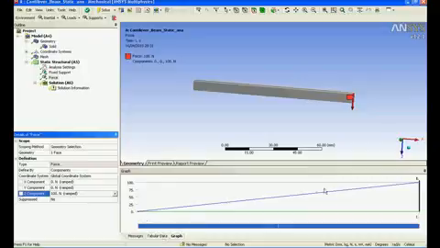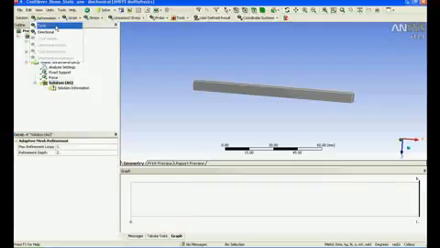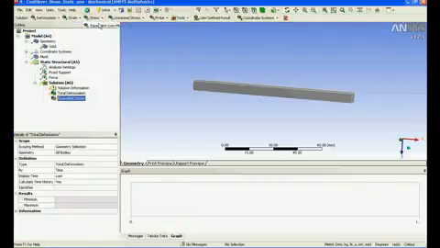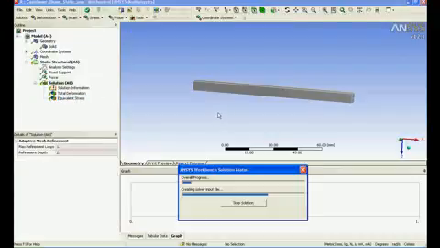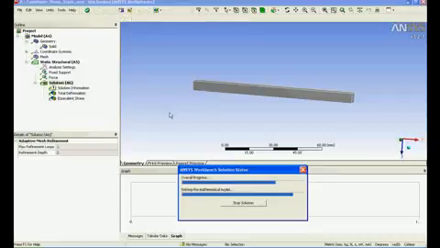Now you could see the graph has been showing that the load will be incremented as it reaches step 1 from 0. Fine. Now you can see there are all tick marks. That means that the parameters that are required in order to execute the solution are done. So you can carry it further. I'll click on solution, and I'll select the total deformation, stress, and that's it. And I'll go for solution, solve.